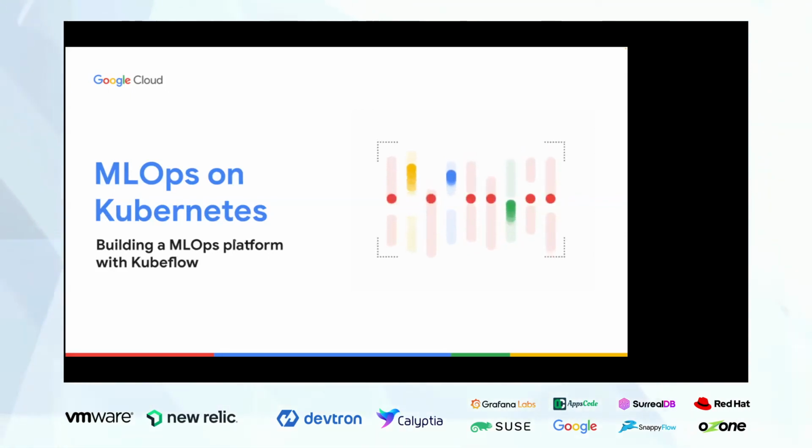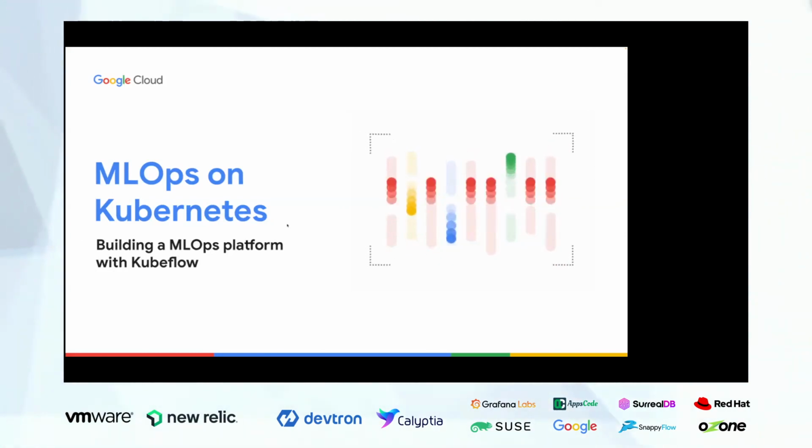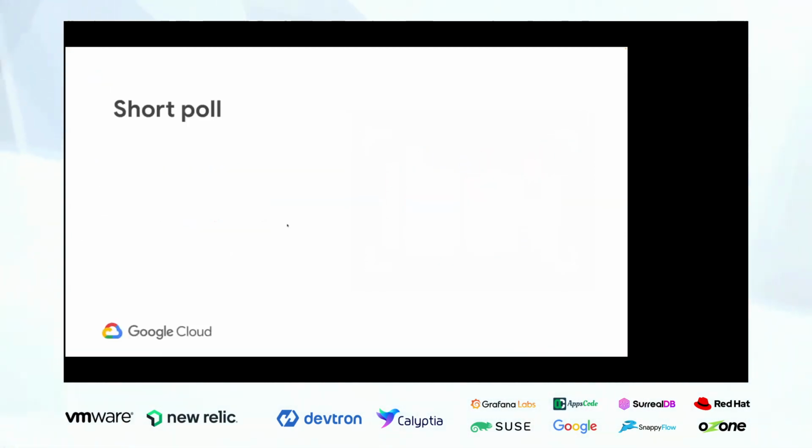So just to start off and give you a brief overview, we'll start with a short poll just to understand the pulse of the audience. Participants can use the chat to answer the question: who has deployed an ML model in production? You can use the chat, or you can unmute and talk about it. That's great. Whoever hasn't deployed, I think this workshop would really help them.